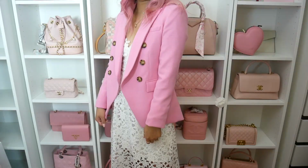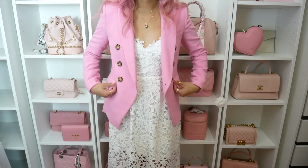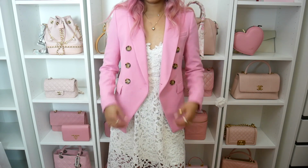I absolutely love pairing this with not only the suit pants that I bought with it, but my favorite way to wear it is with a beautiful spring dress. I just think that that look with the blazer and a flowy dress or something is just so, so cute for spring. And you get that spring vibe with the dress that you're wearing, but then also if it is still a little bit cold,